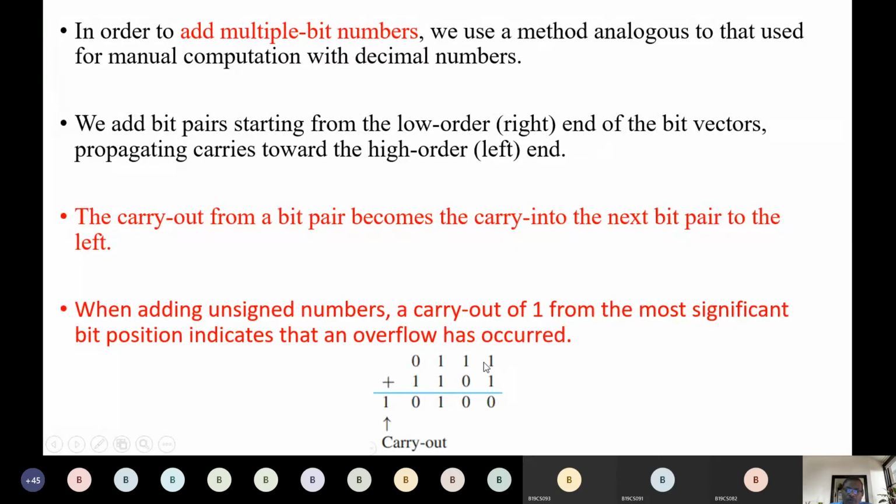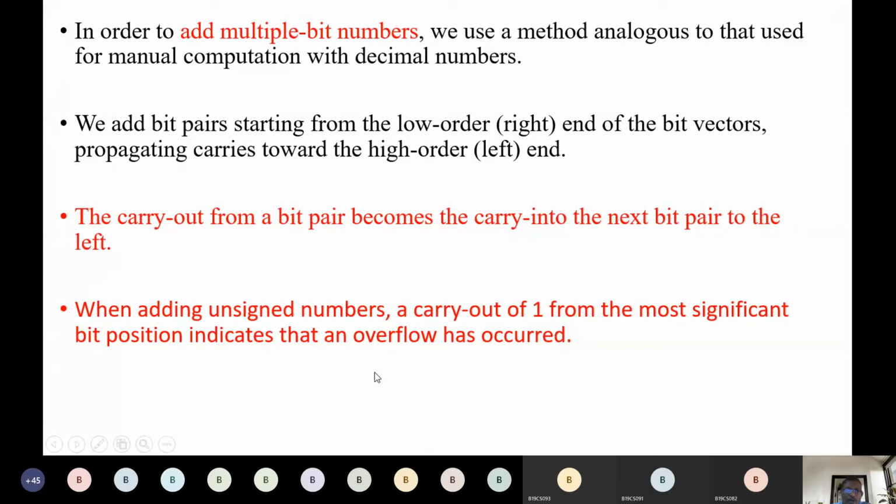So you can say actually we have only 4 bit positions, but we have some extra bit here, which is something like a carry out. Okay, so we call it overflow. Overflow has occurred because we have only 4 positions, but the end result we have is more than 4 bits. So we have a 5th bit here. So this one we call overflow, and this is in unsigned integers. In unsigned integers we call it overflow.